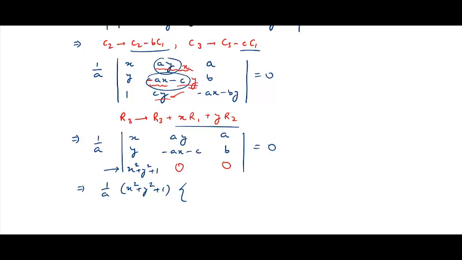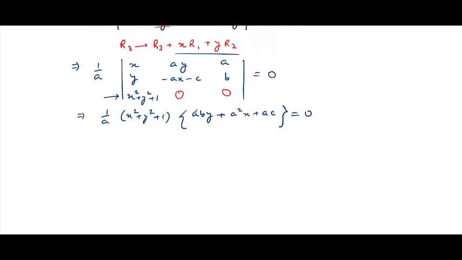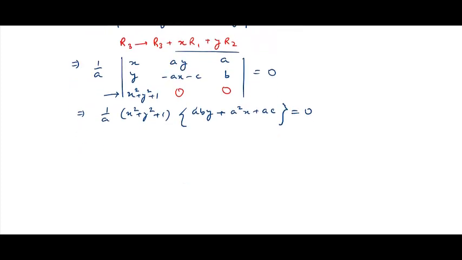So yeah, if we expand it along the third column, then we get a into b into y plus a square x plus ac equal to 0. And now from this particular bracket you can take a common, and this a will cancel with the denominator here. So I now get